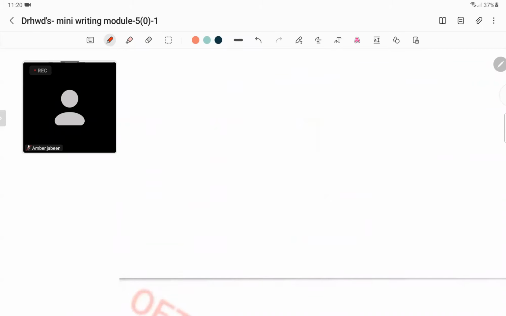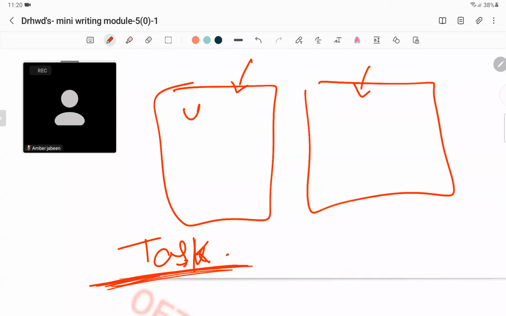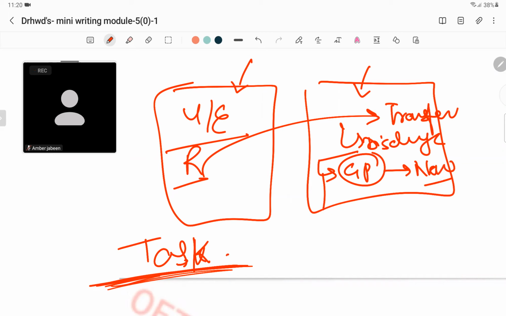Now, they can say anything depending on what the case notes say. This is why I tell you, do not decide what kind of letter it is by just reading the task. You have to read the whole case to understand whether it's an urgent or emergent letter, whether it's a simple referral letter, whether it's a transfer letter, whether it's a discharge letter. And if it is a discharge letter, does the GP already know him, or is it a new GP? Or even if it's a discharge letter, does the specialist know him already, or is the specialist new for him? Right, there are many situations that can happen.